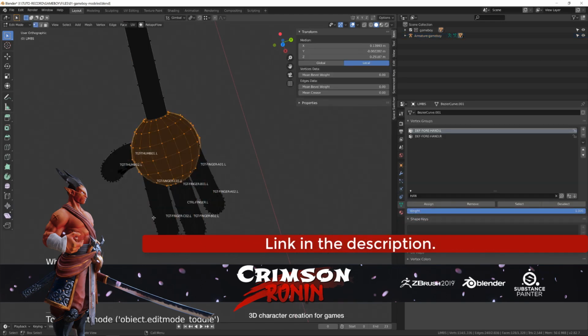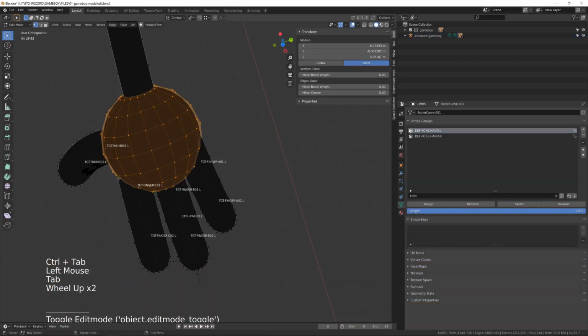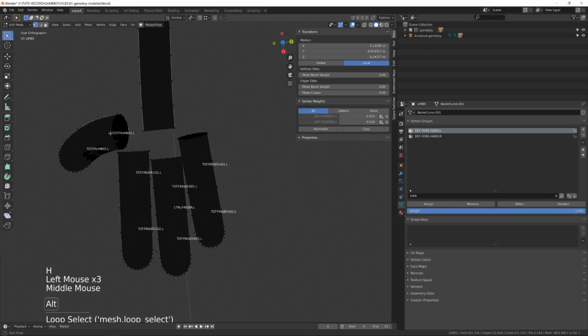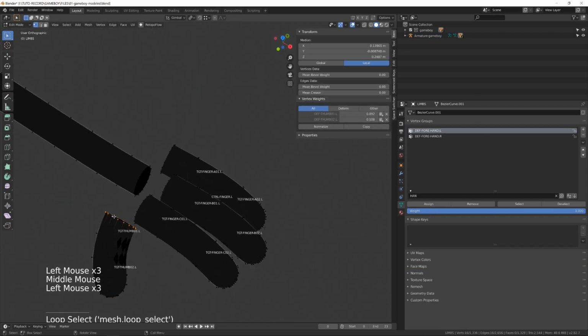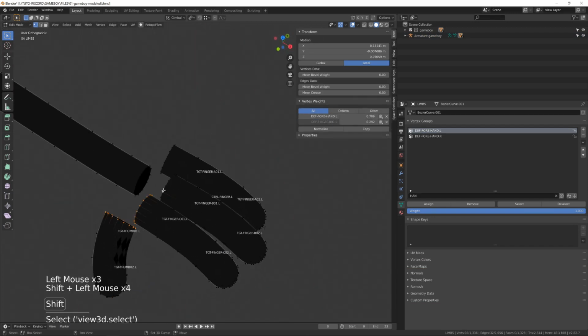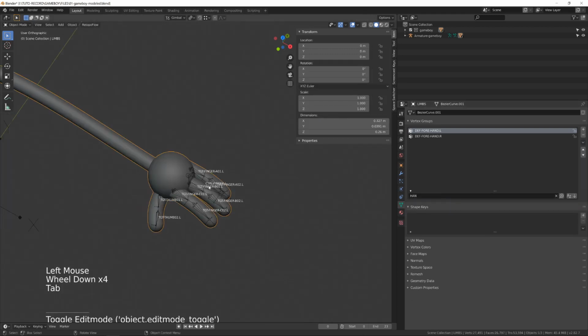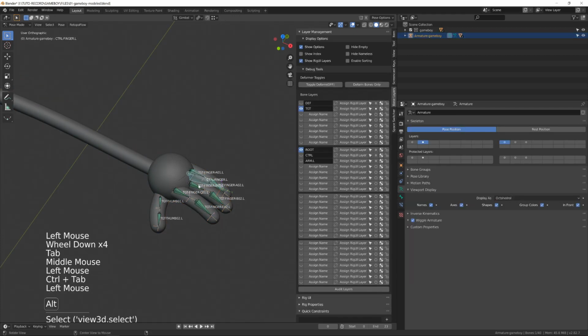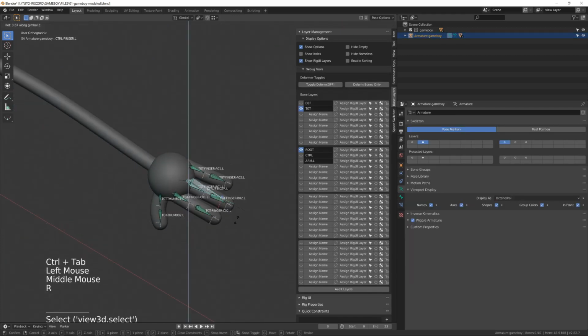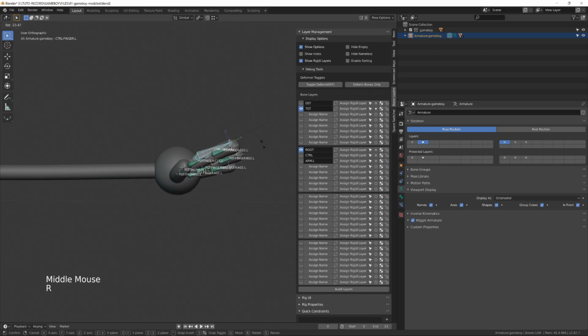Since the fingers are a bit clipping on the outside, we will select their first edge loop and we will assign them with full influence to the end bone. So I will select those loops, remove them from all vertex groups so that we don't have parasite influence, and then reassign them to the deformation end.l. Now the fingers deform properly and the end is no longer deformed.